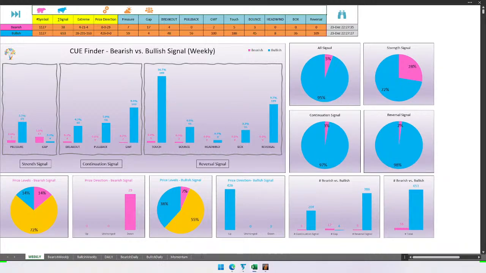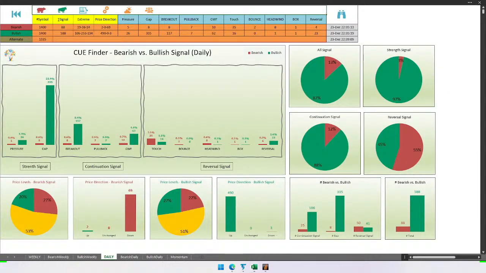What about daily signal? Thursday signal also very bullish, 87% of all signals. Friday was a market holiday. Strength signals very bullish, 97%. Trend continuation very bullish, 88%. However, reversals were bearish, though the reversals in absolute number was very small compared to gap up. So here strength and reversal together is not bearish, it is continuing to be bullish because the absolute number of